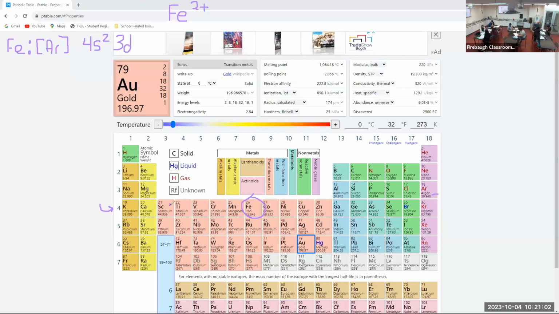We have energy levels 1, 2, 3, 4, 5, 6. So 3d6. Now when we're taking away electrons, we always take away from the highest period. Which one is the highest period, 4s2 or 3d6? 4s2, right? Because 4 is greater than 3. So we're going to take away from 4 first. So then that means this answer should be